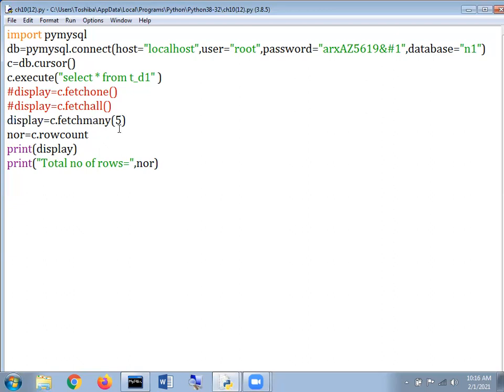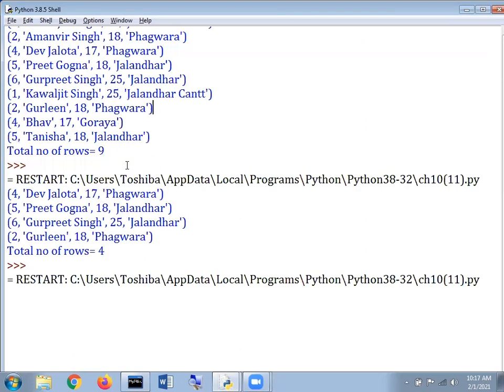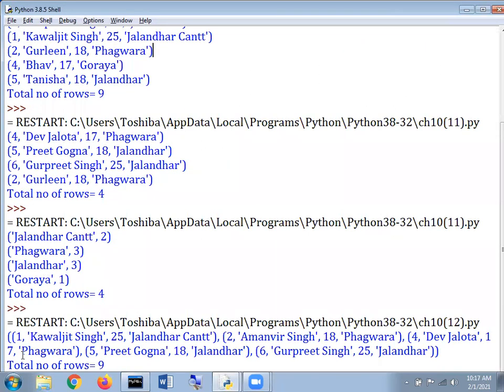अरे वाह क्या बात है. अच्छा यहाँ पे मैंने लिखा fetch many means 5. 5 means only first 5 lines. They count that information, then display, and then number of count will be there. Okay, can I run this program for a while if you allow me? Okay, thank you very much, my dear student. Okay, what they do 1, 2, 3, 4 and 5. अरे वाह क्या बात है, आपने तो बिल्कुल ठीक बोला. But here it shows a total number of rows is equal to 9. Why so? Because they are counting the whole table, the data which is there in the table, they are counting. Okay, thank you, Beta ji.